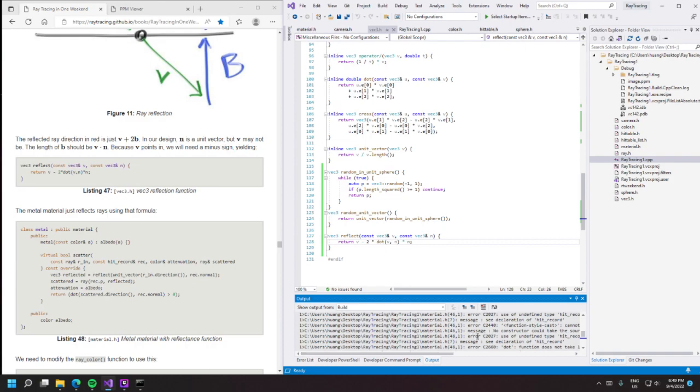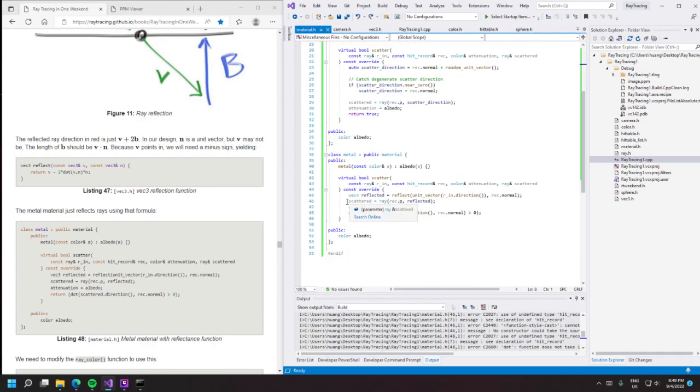I think most of the... and also material, no function can take the scattered is equal to